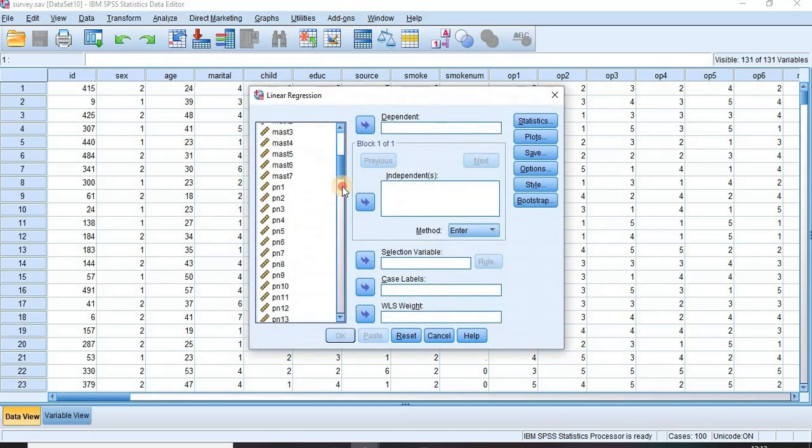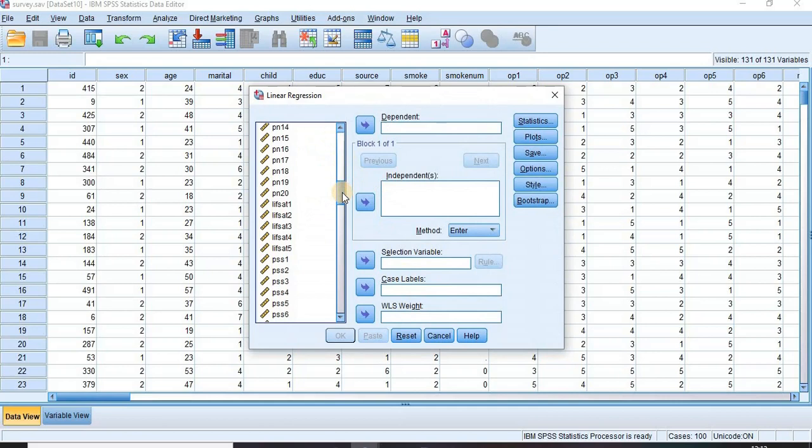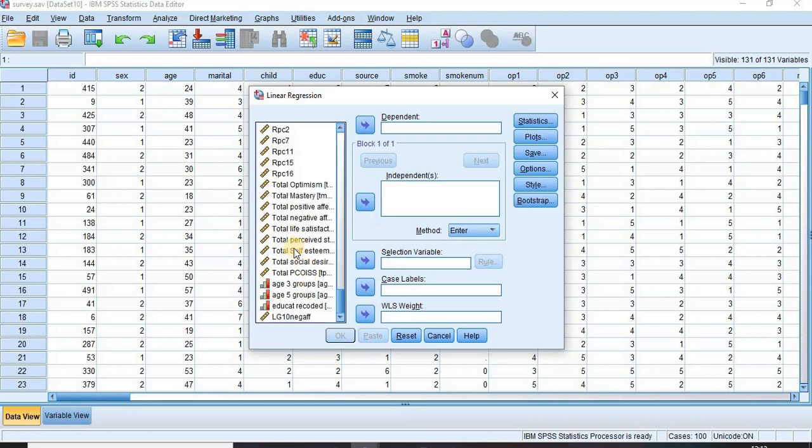Then in this data, the dependent variable is, according to the question, how well do two measures of control, that is mastery and poise, predict perceived stress? In the document I sent you, that will be found on page 146. Alright, so total stress